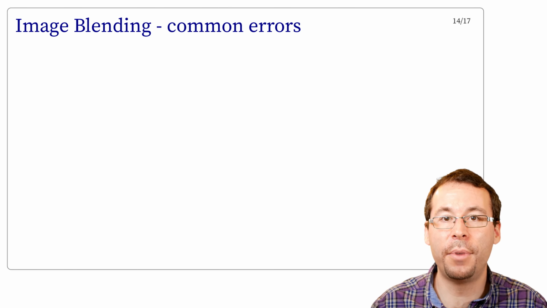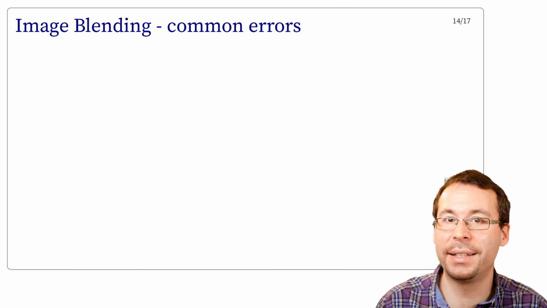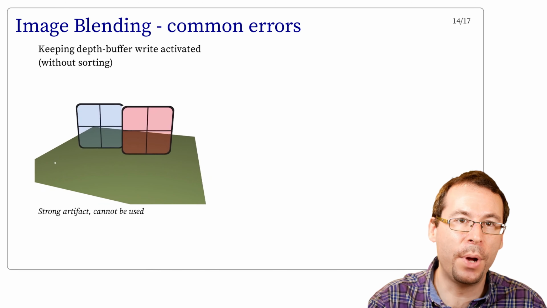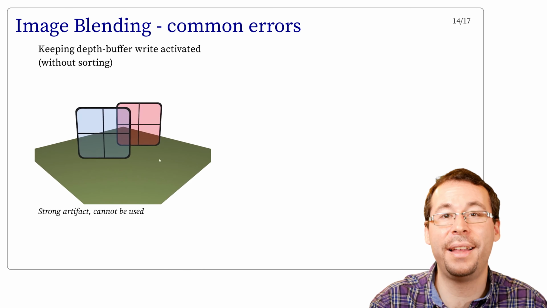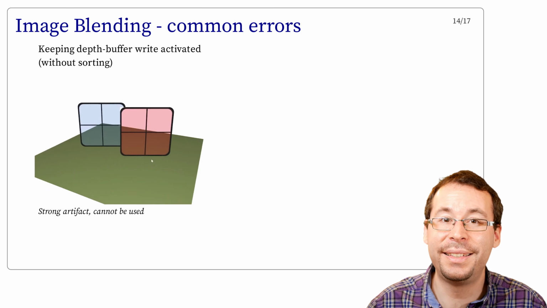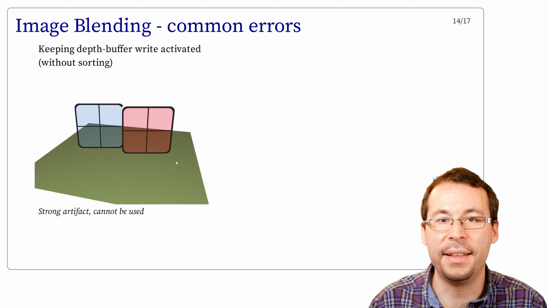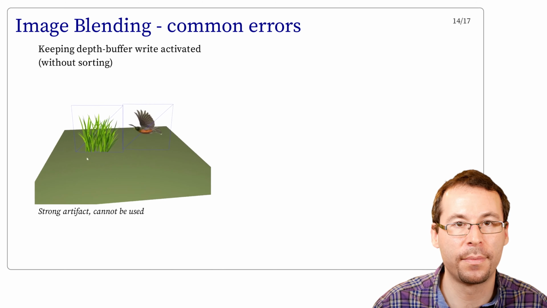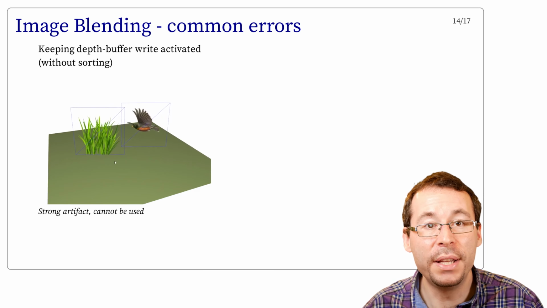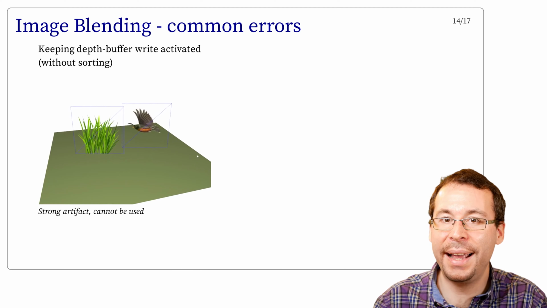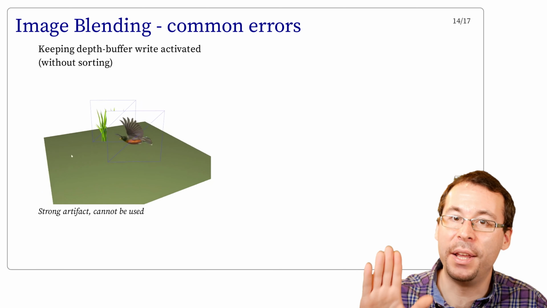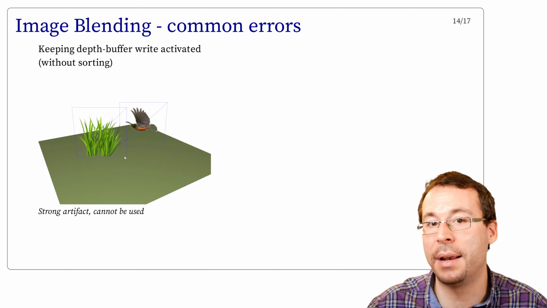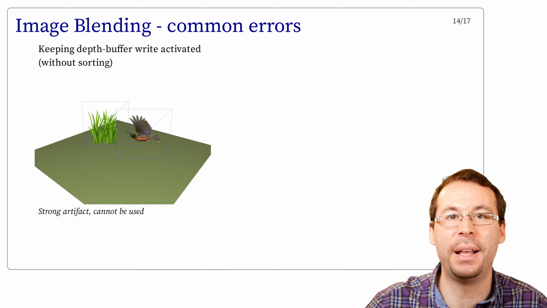So if you forget some of these steps, you may see some visual artifacts that are not always obvious to detect. On the left, you have an example where the shapes are not sorted and the depth buffer write is still activated. In this case, the red window is drawn before the blue one, and the bird is drawn before the grass. Then we can see that when this window and bird are in front, they hide the other shape, as the quad is displayed first, and the depth buffer is updated with values that are close to the camera, so the other image is not displayed beside.